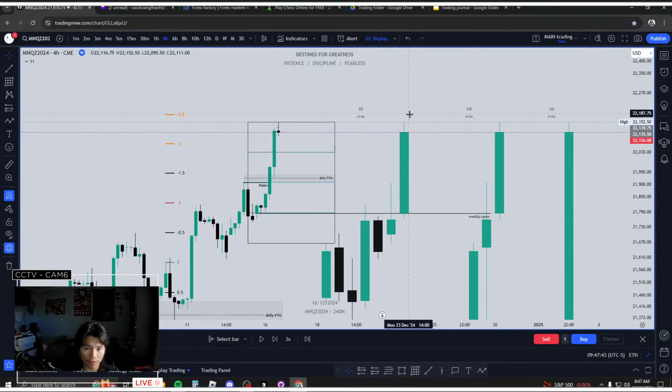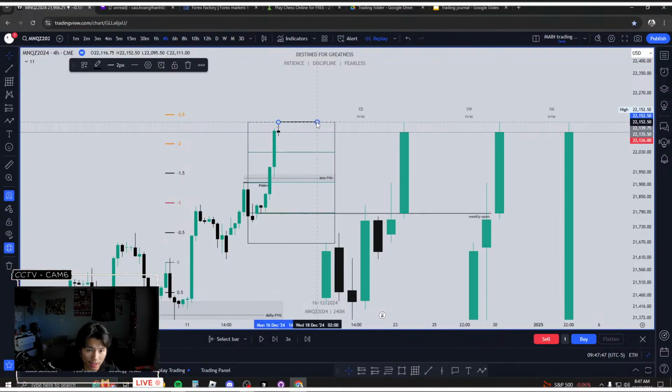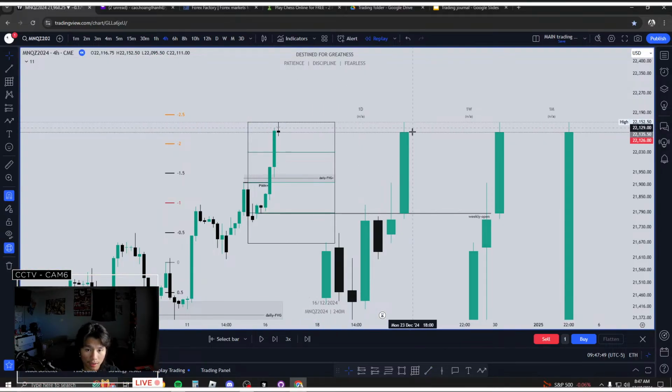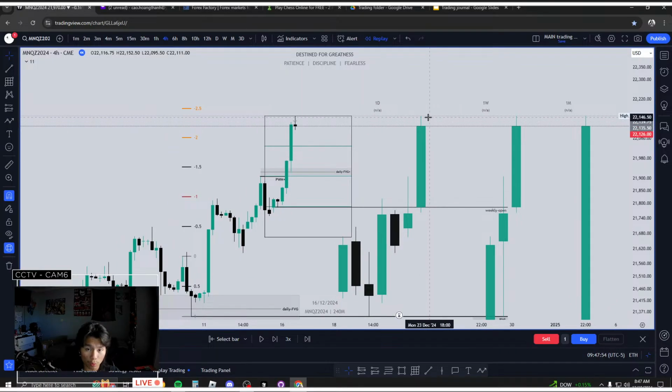I'm anticipating for previous day. So I would anticipate for previous day high to be taken here, coming into Tuesday's price action, right? It's either we could take out previous day high if we respect this 4-hour fair value gap, or we could have some sort of immediate rebalance. So I'm going to also watch out for,